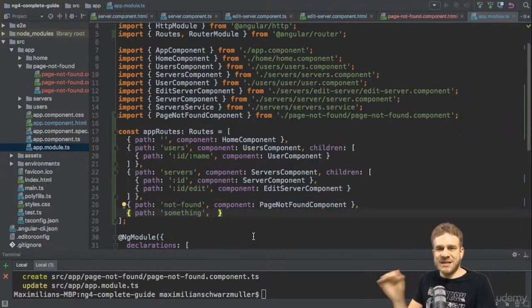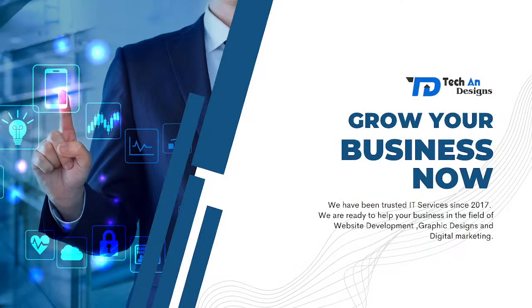If you don't want to specify a component to load, you can say redirectTo. Now this is an alternative to component. Component loads the specific component, redirectTo redirects to another path. So here you can specify any path, and the path maybe now is slash not-found. So now if you do this, you see